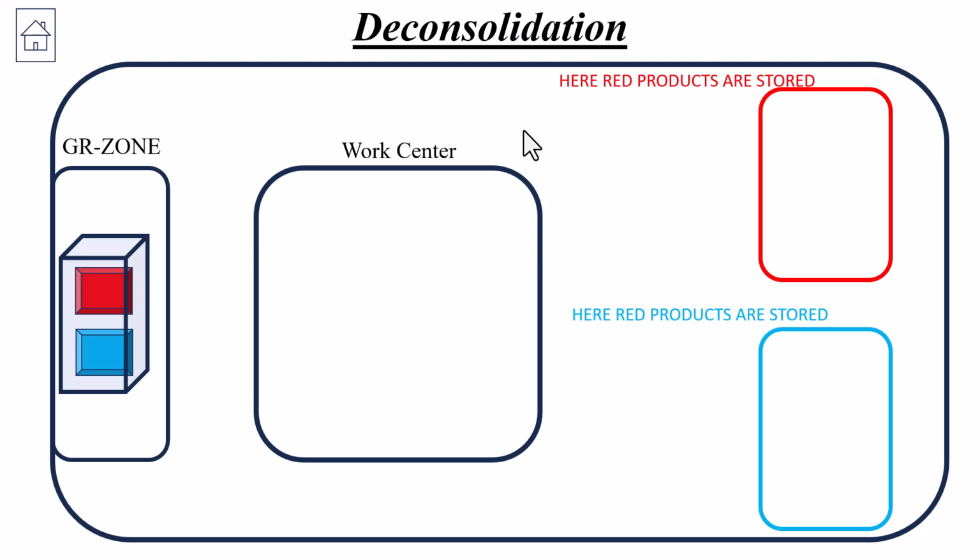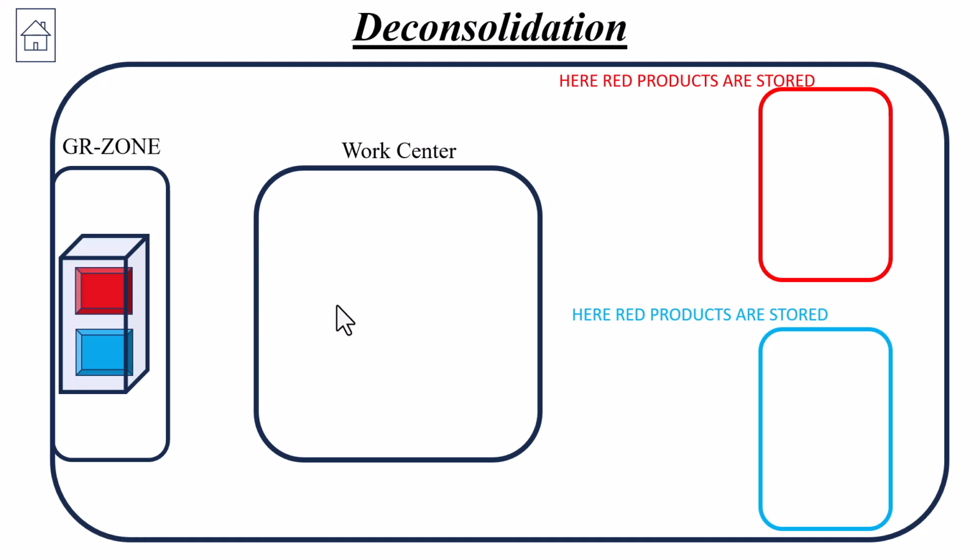So, for example, we have two storage types here. It's one storage type and it's another storage type. In the storage type, we place this red product. This red product is meant for this storage type, and this blue product is meant for this storage type. Finally, you have to store these products into these separate storage types. But from the vendor, we have received those two products in one handling unit, one packaging material. So before you store those products into the final storage type, there is a need to